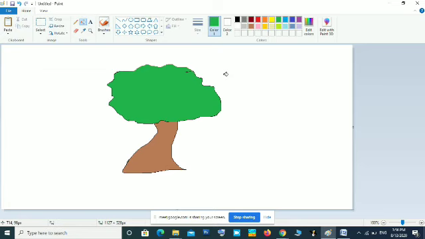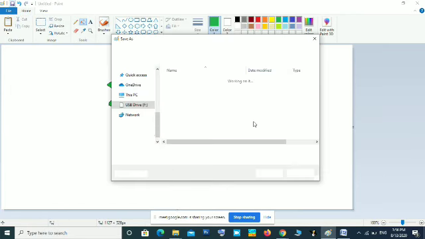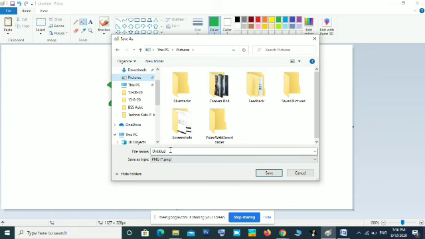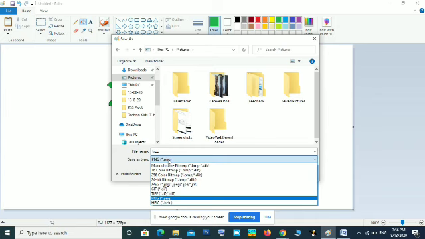Okay, then after drawing, all of you know how to save the images. For saving, you can click on the save button. Now a Save As dialog box will be displayed. You can select the folder where you want to save, in My Pictures or My Documents. In your computer it will be different. Here I am using the My Pictures folder and I am giving the name for the tree. In the file name box you have to give the name tree. Then what type of file: you can save as BMP picture or PNG picture.